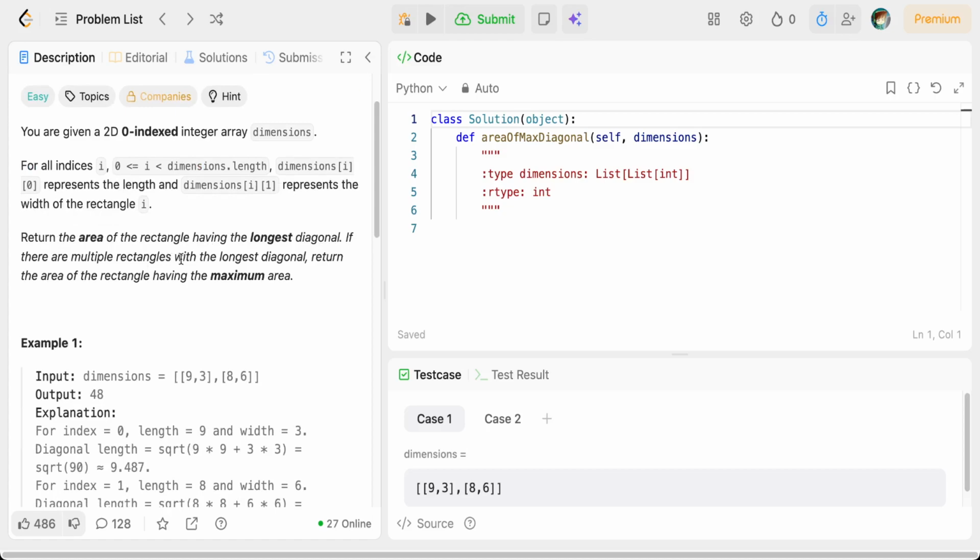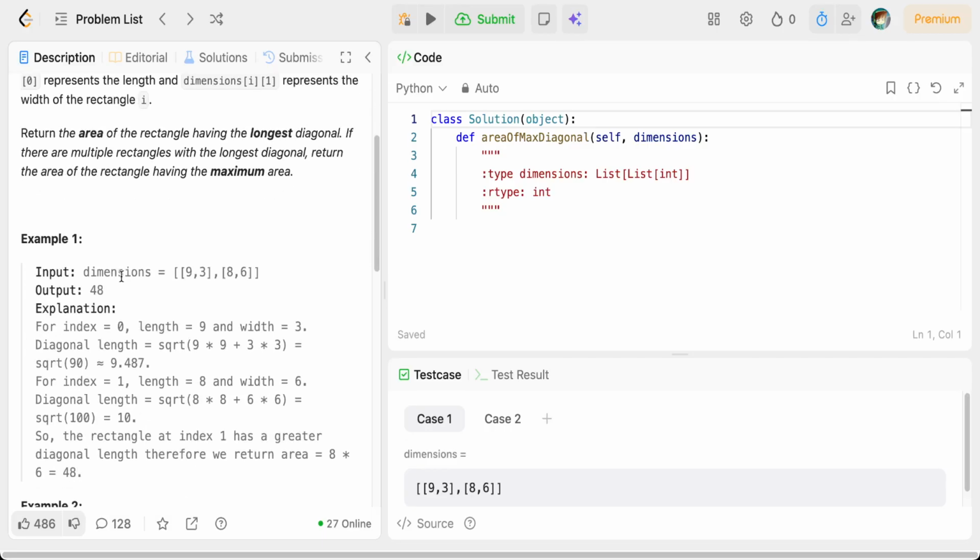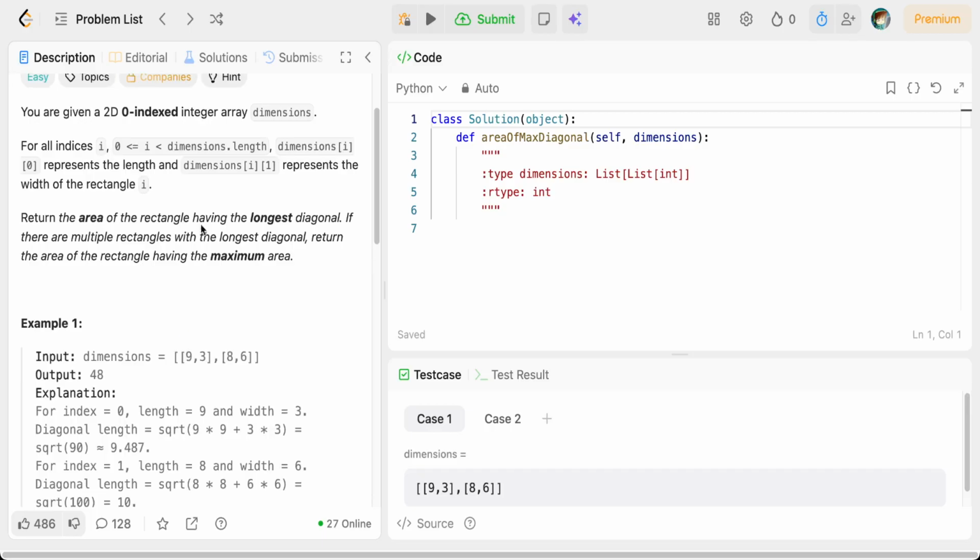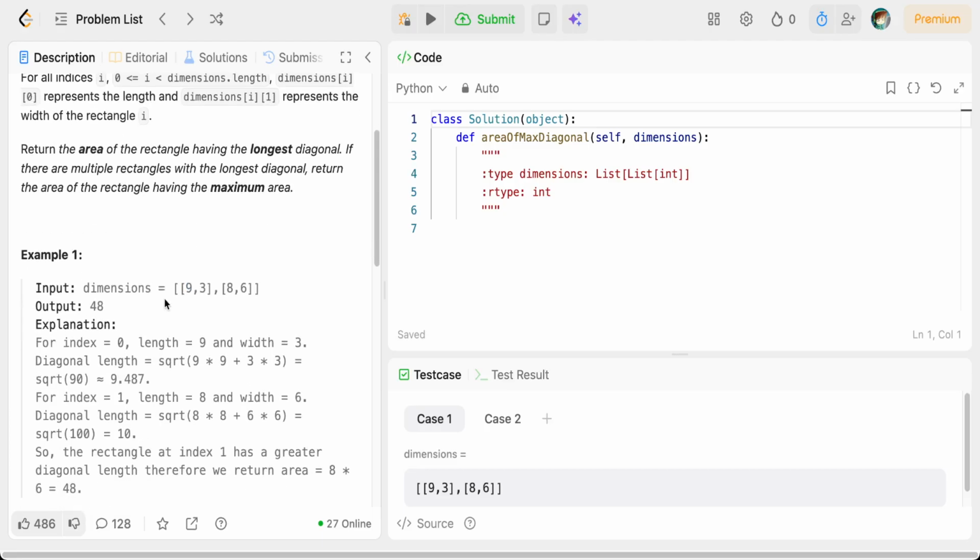If there are multiple rectangles with the longest diagonal, return the area of the rectangle having the maximum area. So let's check example 1. We have dimensions as a 2D array, and as we read here, the first number in this array is the length, and the second number represents the width of the rectangle. First we need to get the diagonal length of each rectangle here. So the first one would have